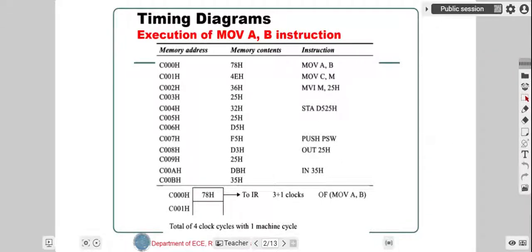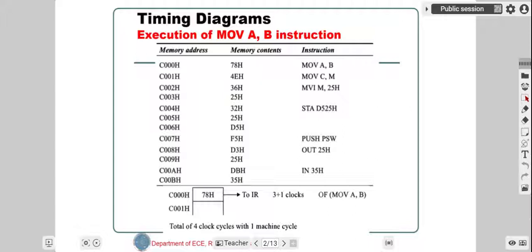In today's lecture, we will study some more basics about the timing diagrams, how the timing diagrams are drawn for the execution of different instructions. We have already studied that to execute one instruction of a program, some steps are required. The first step is always to fetch the opcode from the memory. The second step would be to decode that opcode which has been fetched from the memory. In the third step, we fetch the remaining bytes if the instruction is a 2 or 3 byte instruction, and the fourth step, which is the last step, is the execution of the instruction.